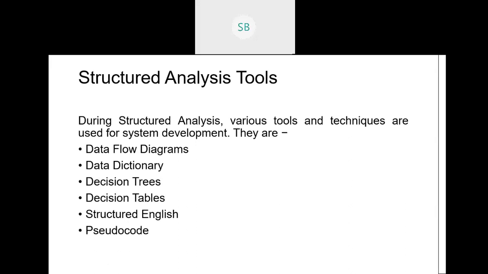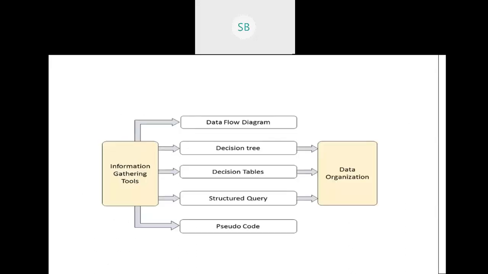So first, let's move to the data flow diagram. This is a diagrammatical view, like I told you, right? I told you that this is the information gathering tool to have a basic understanding of the requirements. We go for this kind of diagrams. So structured analysis involves the data flow diagram, decision tree, decision table, structured English, whatever we'll see today.